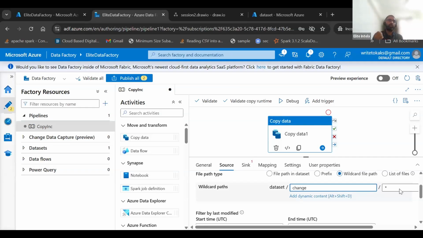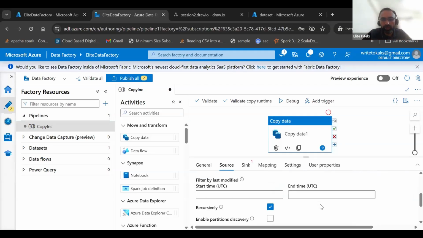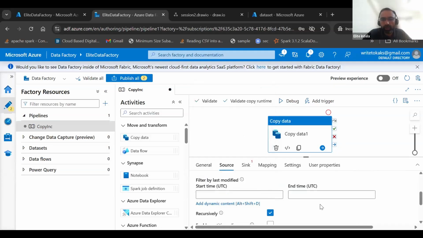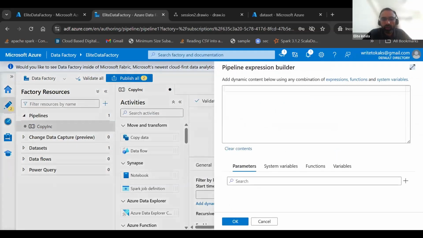But I wanted to ingest based on some condition. If date is today's only, right? So how to do that? I will go to the filter by last modified date. Okay. Now what I will do,